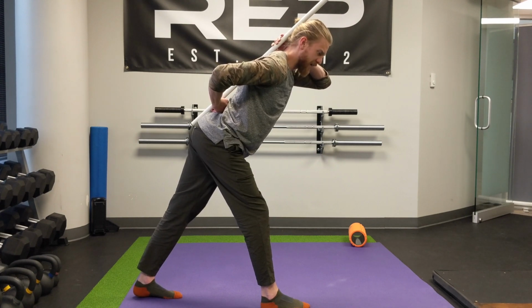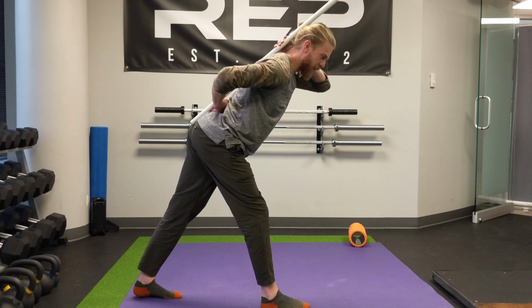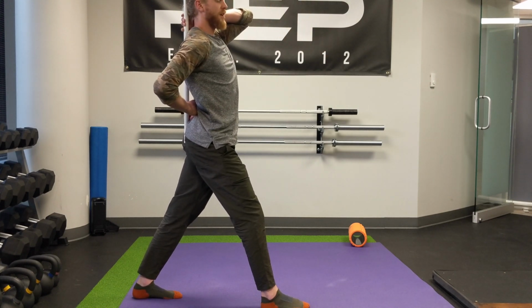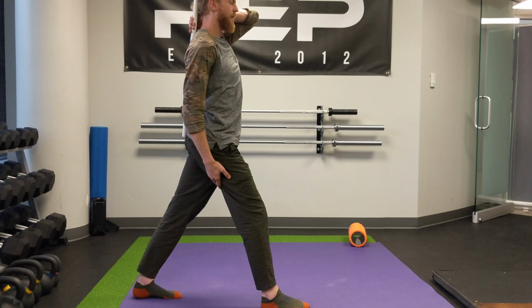So maybe you can kind of correct it and we keep going, or maybe when the dowel comes up, that's our end range. Wherever we're at, just working on coming in, pulsing kind of into that end range, and then